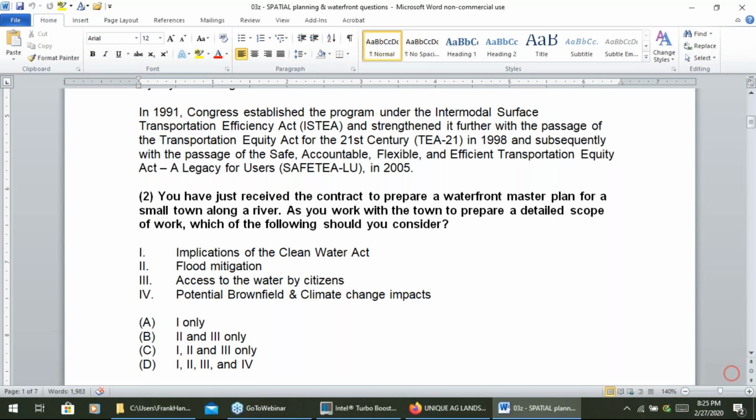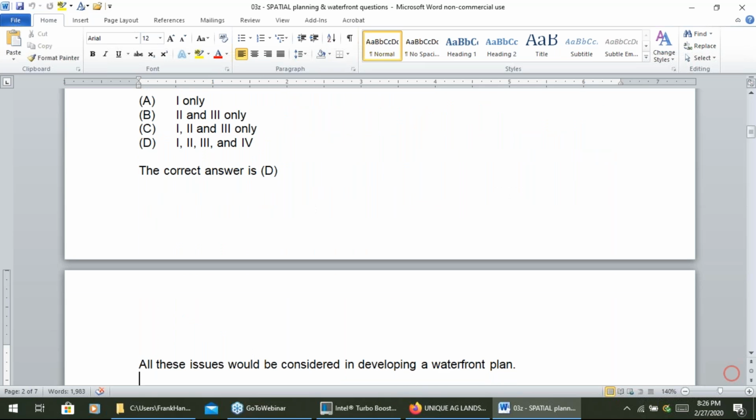You have just received the contract to prepare a waterfront master plan for a small town along the river. As you work with the town to prepare a detailed scope of work, which of the following would you consider? All of them. All those issues should be considered in developing a waterfront plan.